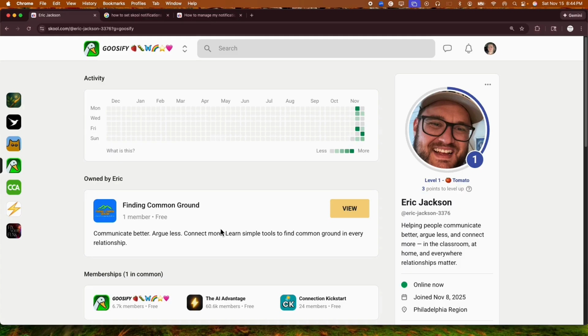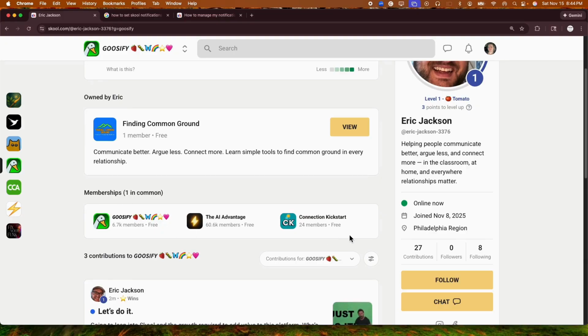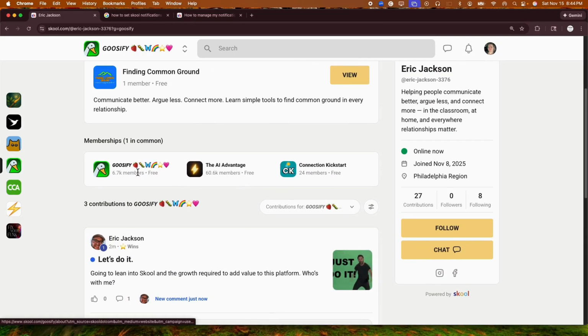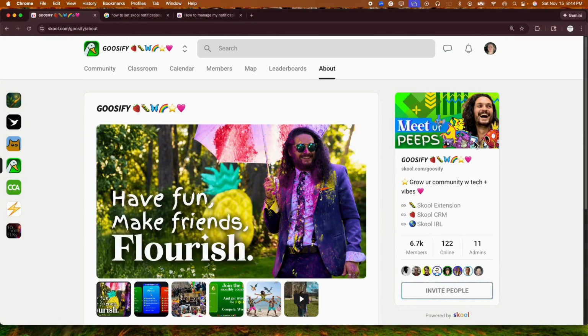Well, he owns one community. Scammers don't really do a whole lot of owning of the communities, right? So I'm starting to feel a little better about him. And we have some memberships in common. But even better, because we have memberships in common, I can click on one of those groups, and that is